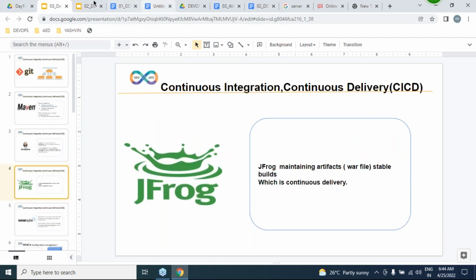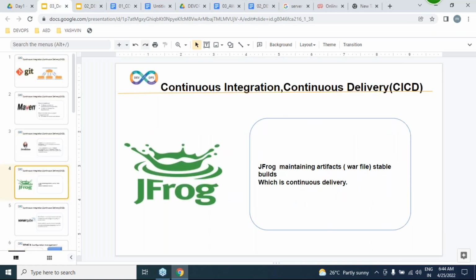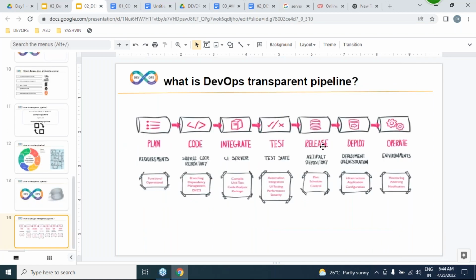We are going to be learning JFrog. JFrog is nothing but what? Release. We are learning the CI server, nothing but Jenkins. JFrog is nothing but CD.